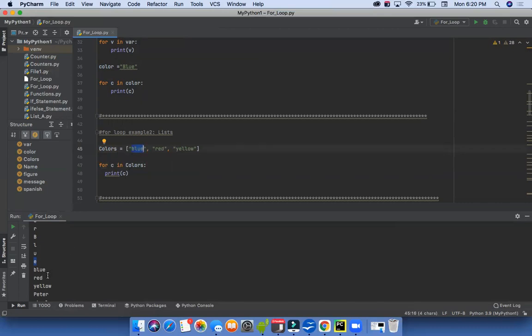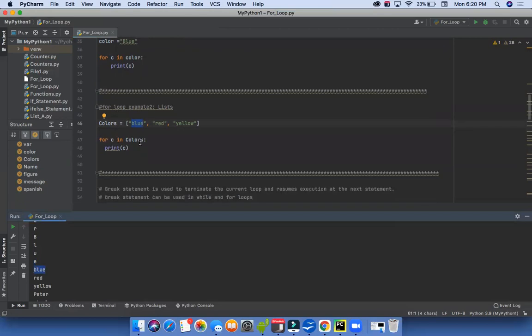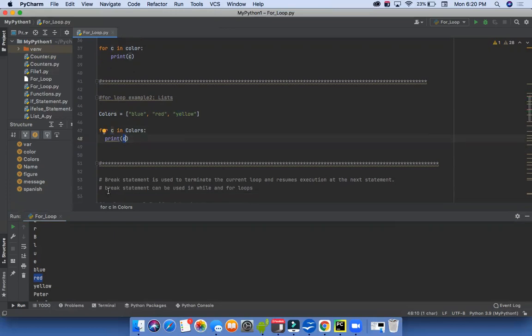We have blue. Then we go for the next, we run it, we access, we go for red. And then red came here, is put in this variable and printed, and we have red. And finally, we go for the third iteration because it's the third and last item. We go to the sequence, and the next is yellow. We take this item, we put it in this variable, and we use it in our loop body. So we have